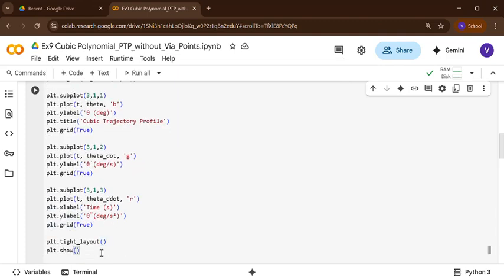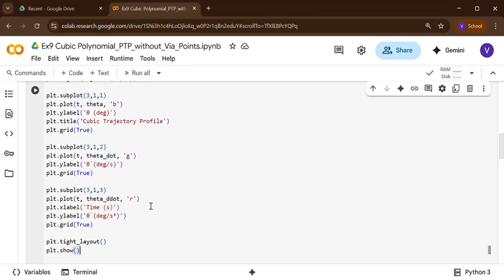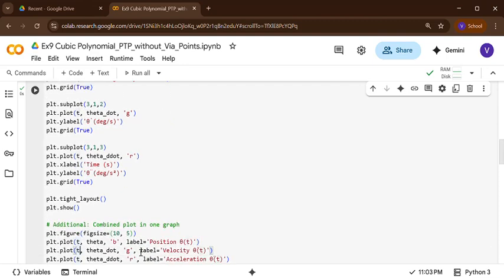Okay. Then we have to give plot dot tight layout. Tight layout means there should not be any overlapping, because we are using 3 plots. Okay, so there should not be any overlap. So it is aligned accordingly for that purpose. Then you are asking the library to show the plot. Okay, so let's run it. So the plot will give you first A0, A2 value.